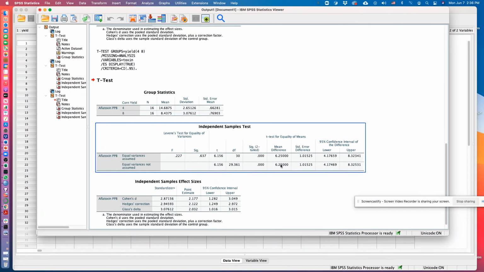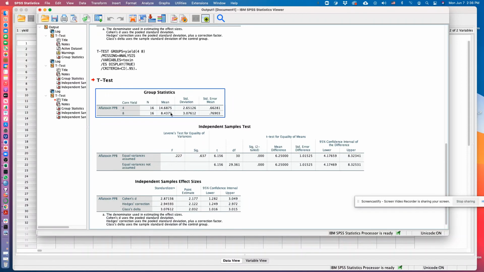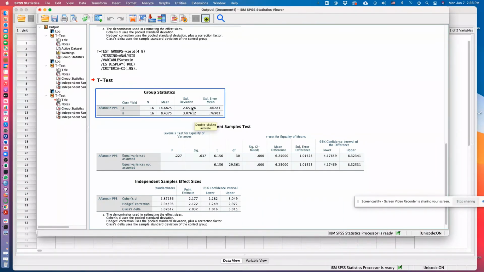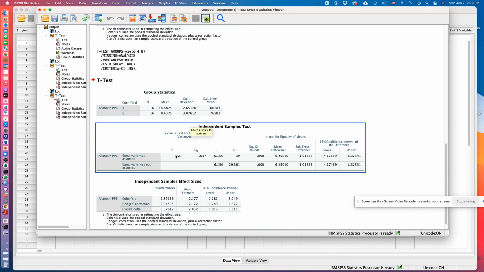And this is the difference between the two means. 14.68 minus 8.43, that's what gives you the 6.25. So it's already been calculated for you. These other measures, the F statistic, is telling you whether there is equal variation or variance within each of the groups, so in terms of the standard deviations, are they the same? So that's what these measures tell you here. But in our case, both of them, whether we assume that there is a difference or not, the